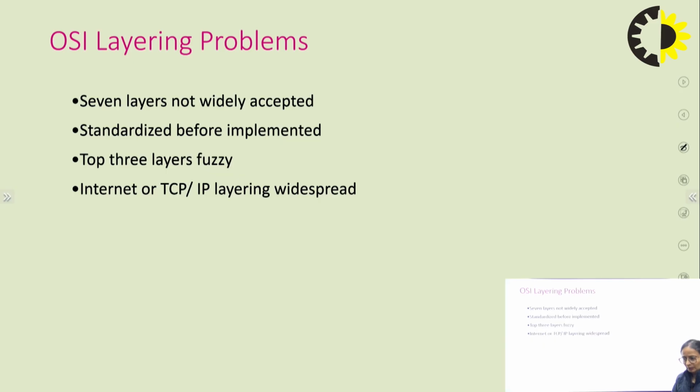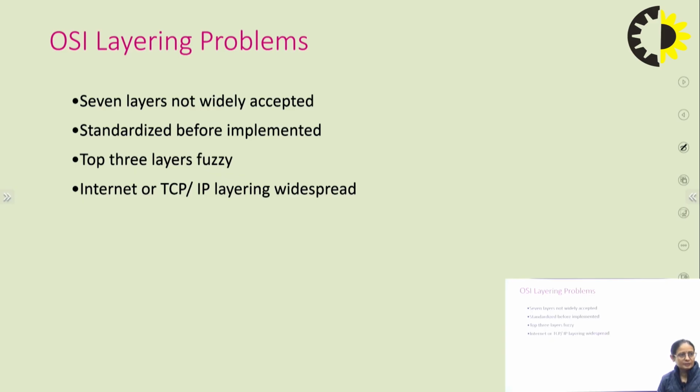Although we have seen in the layered approach that if we follow it, then we are reducing the complexity. Also, if some problem comes in one of the layers, then the debugging becomes easy. But yes, the layered approach does have some problems. The 7 layers were not widely accepted, and were standardized before being implemented. The top 3 layers are quite fuzzy. On the Internet, we are having another